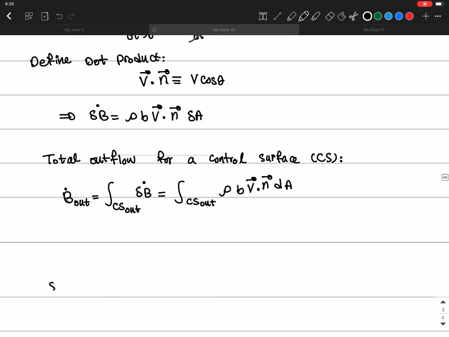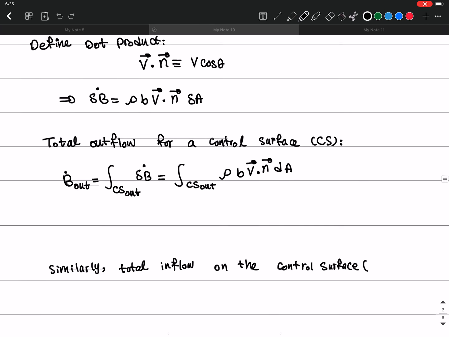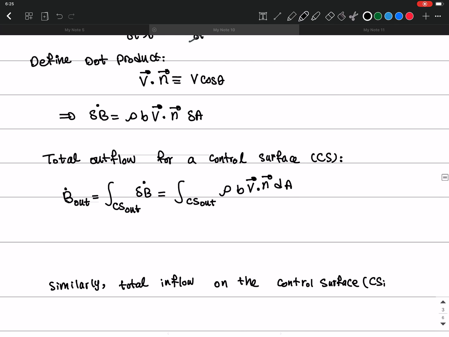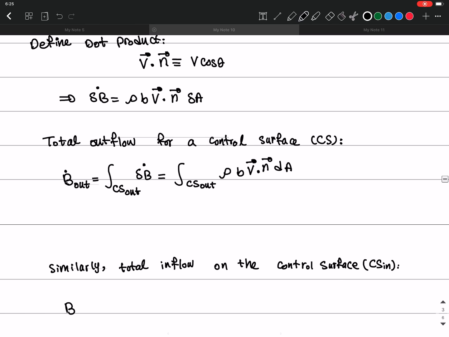And then similarly, the total inflow on the control surface, CS in, is as follows. So it is B dot in, which equals to,